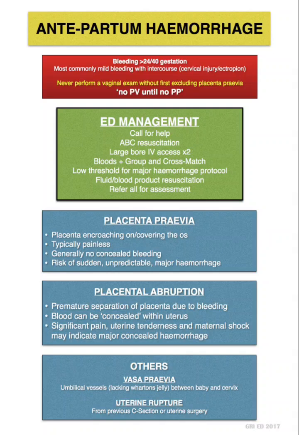There can be earlier episodes of small bleeding per vagina in placenta previa, but in abruptio it will be a sudden phenomenon. On examination, the vitals will be more deranged in abruptio as it's a large amount of bleeding, and the fundal height will be greater than the period of gestation in abruptio, whereas in contrast, in placenta previa, the vitals can even be normal, and the fundal height will be less. The uterus will be tender and tense in abruptio, whereas it will be non-tender and non-tense in placenta previa. Fetal heart rate will be similar: there will be fetal distress in abruptio and less chance of fetal distress in placenta previa.